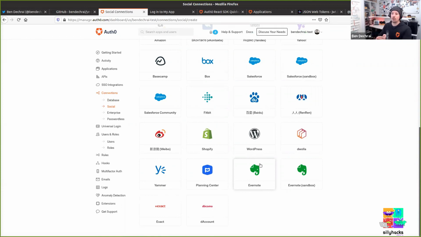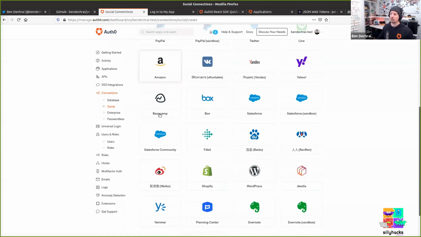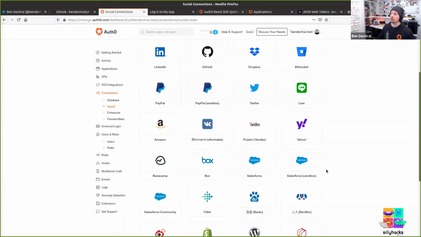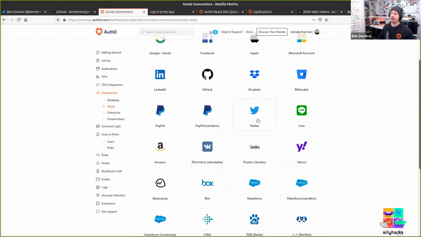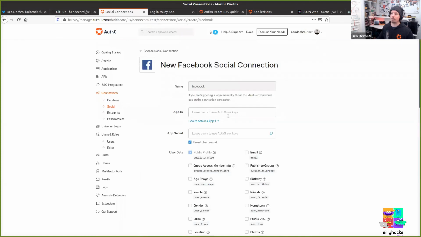For example, if you're writing an application designed for business users, then maybe they're more likely to want to log in with something like a Microsoft account or a Google account. If you're writing an application for musicians, then maybe you want to, I was going to pull out the YouTube one, but obviously that's going to be Google as well. But if it's more for people who are socially active, then maybe you want to choose Twitter and LinkedIn instead. So you can pick which social networks you want. And of course, you can have 5, 20 of them during the trial period or on a paid account if you want. So these, you just come in and you can define your app ID if you want to integrate